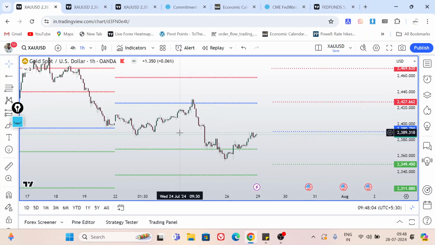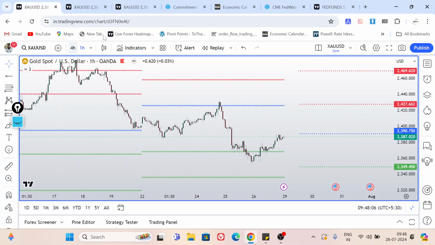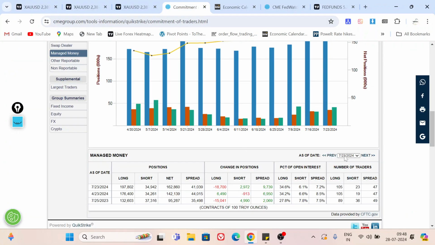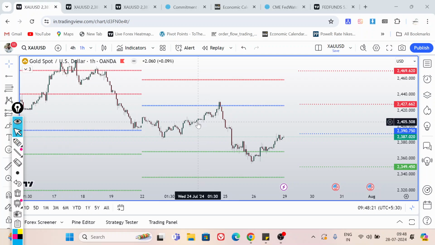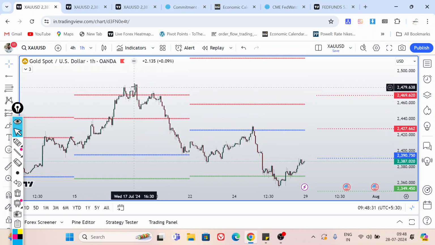If we check the price action chart, you can see, as this data is from the Tuesday trading session, that after the Tuesday trading session close, from here we have seen a little bounce or little rally,